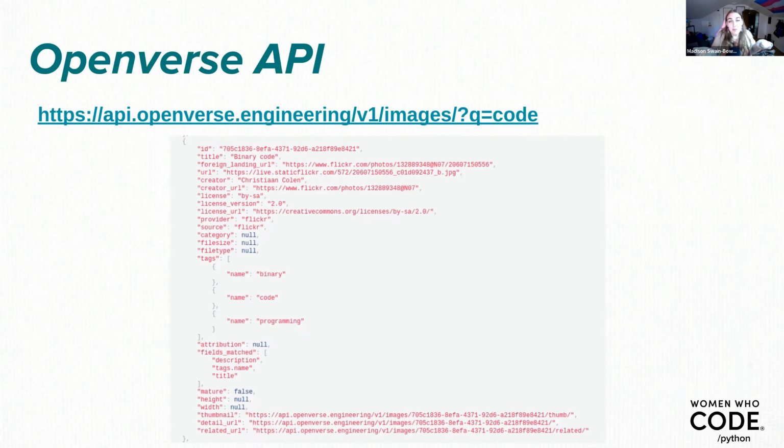And so this is an endpoint that you can hit for Openverse. We have api.openverse.engineering/v1/images?q=code. That's the query parameter, q equals code. And here's just one of the example responses that you'll get back if you go in your web browser to hit that URL. And you can see in this one we have the title of the work, we have the license, we have who we got it from, we have the tags, we have the upstream URL, and all of that is part of the response that we're serving from our database for that query.